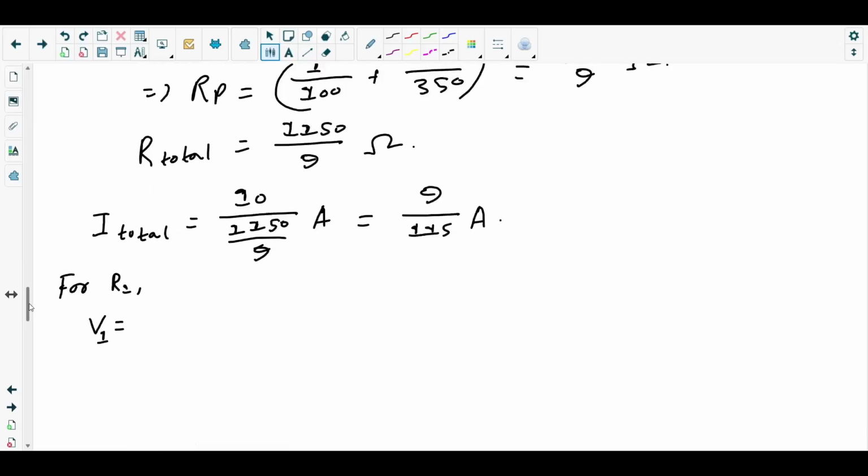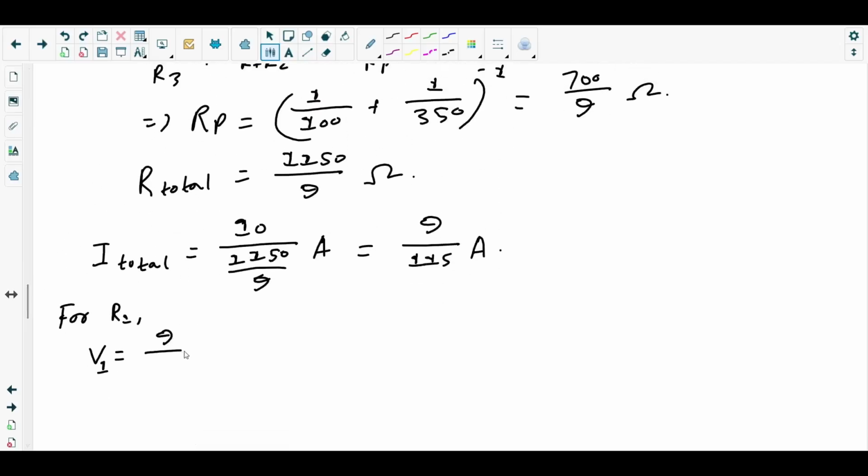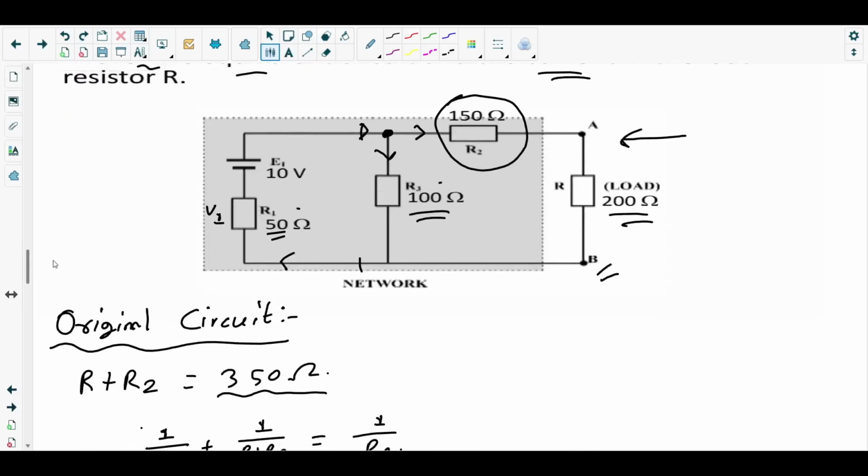So total current 9 over 115 times its resistance, 50. So 9 over 115 times 50 gives you 90 over 23 volt. Okay, so that means the remaining voltage